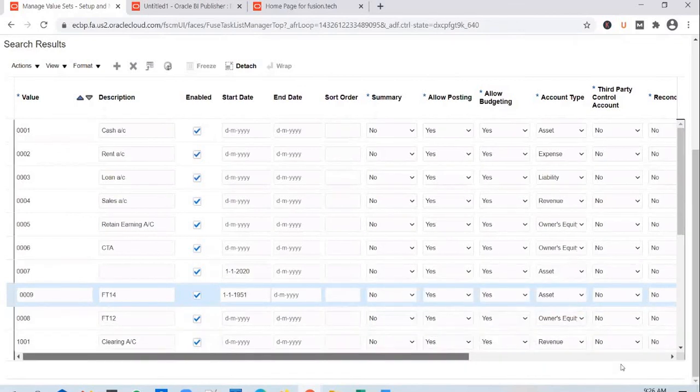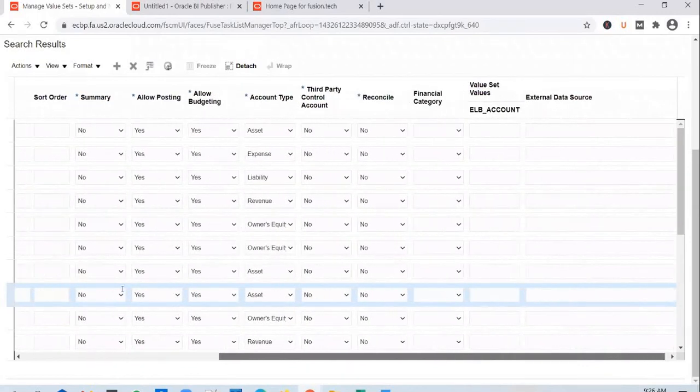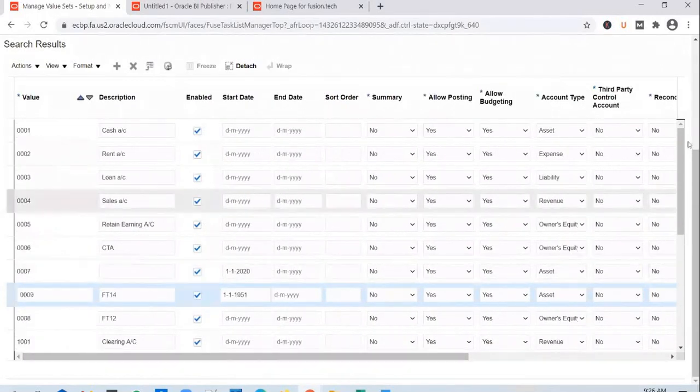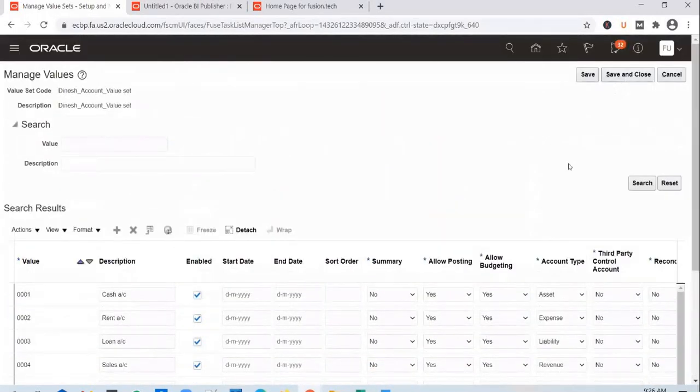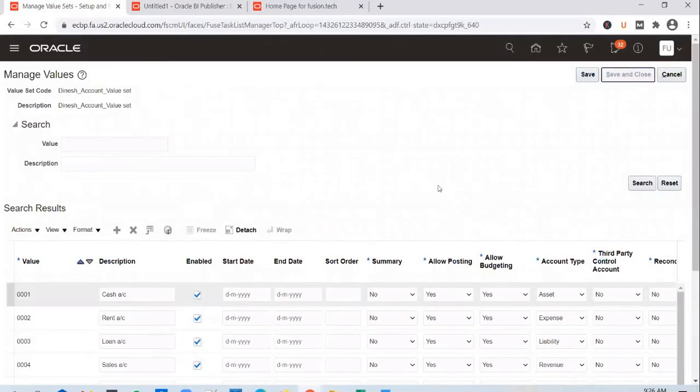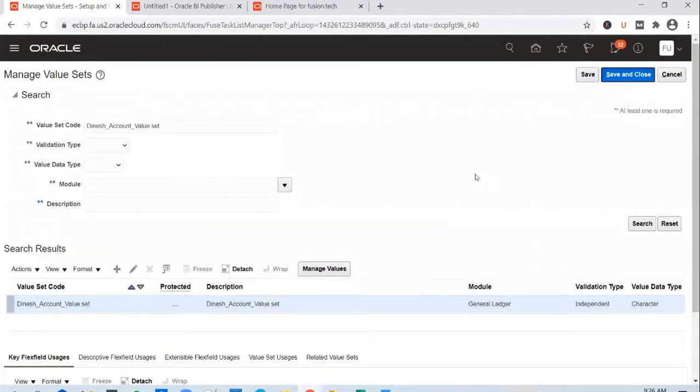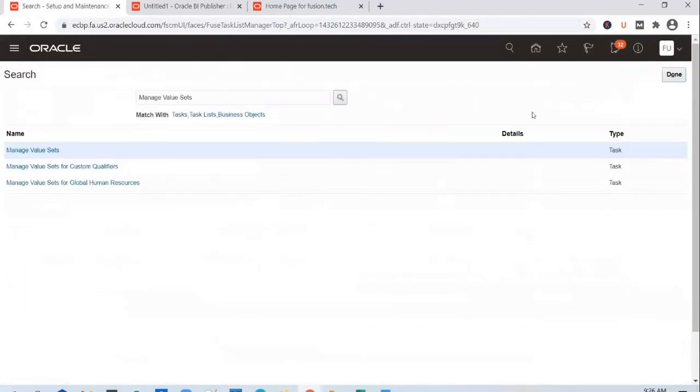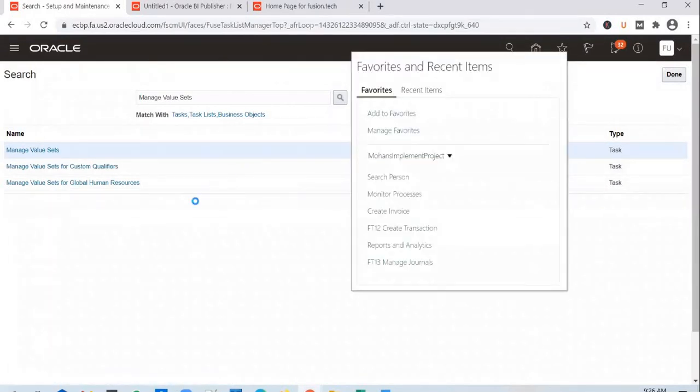So the intention here is to show, just to add an entry to the value set, not to talk about the options here. Save and close again. So now we have a 0009 in the value set. So we go back to the schedule process screen and run the job again.